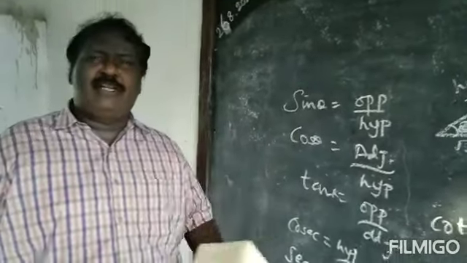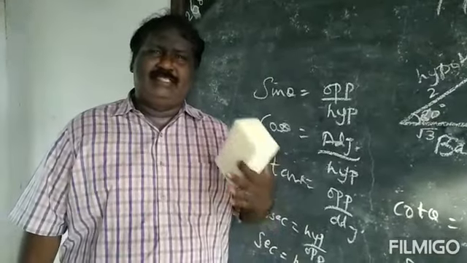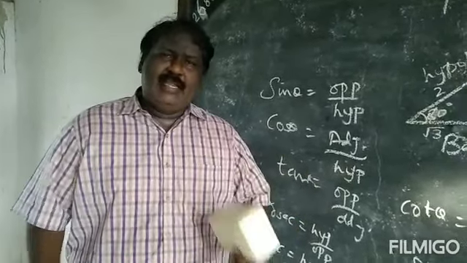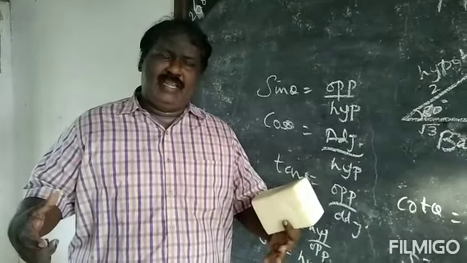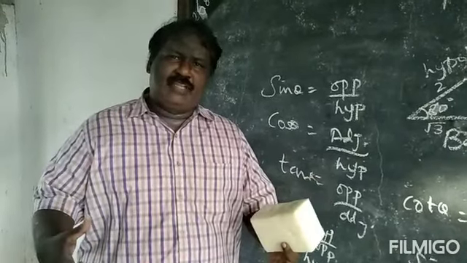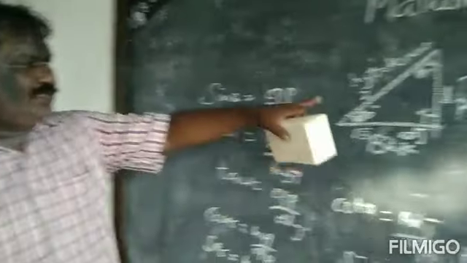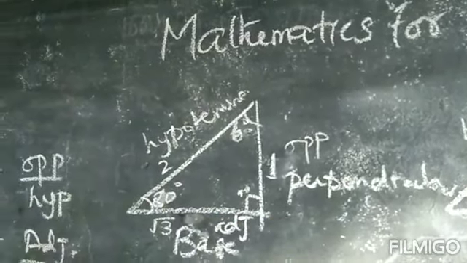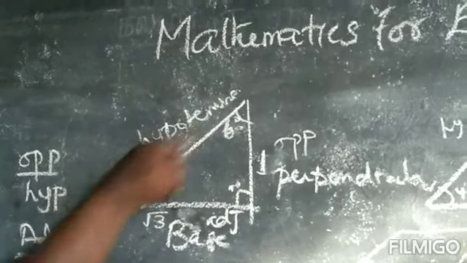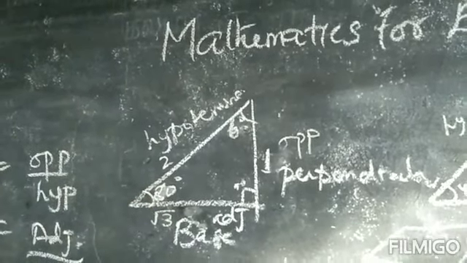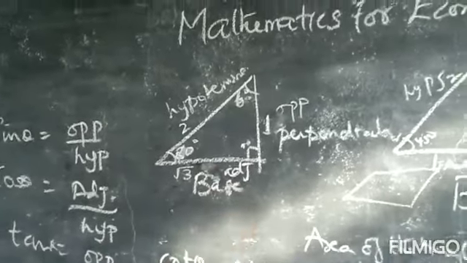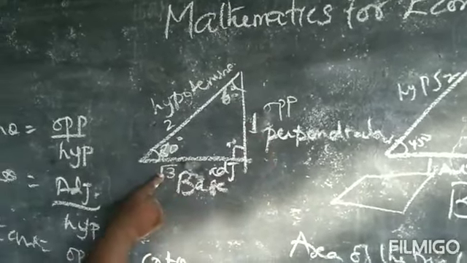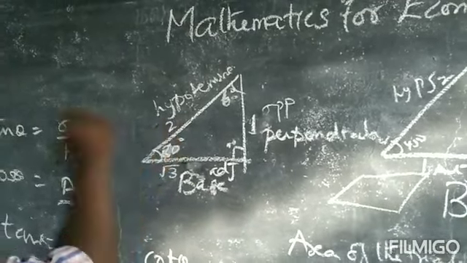Likewise, trigonometry is the branch of mathematics which is concerned with the study of triangles. It shows the relationship between the lengths and the angles of triangles. So here this side is the hypotenuse, this side is the perpendicular, and this is the base. The hypotenuse is the longest side. Here, if the value of the perpendicular opposite side is 1, the adjacent side will be root of 3, and the hypotenuse will be 2.